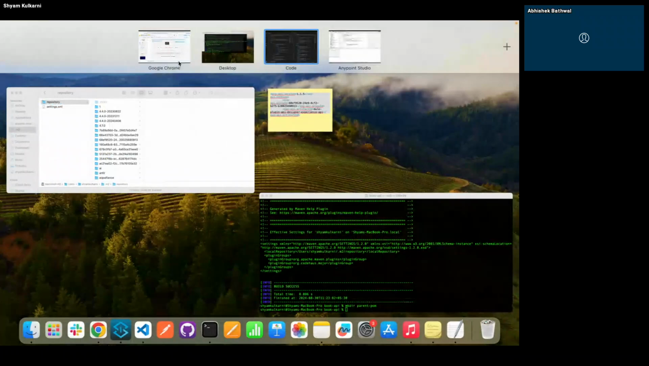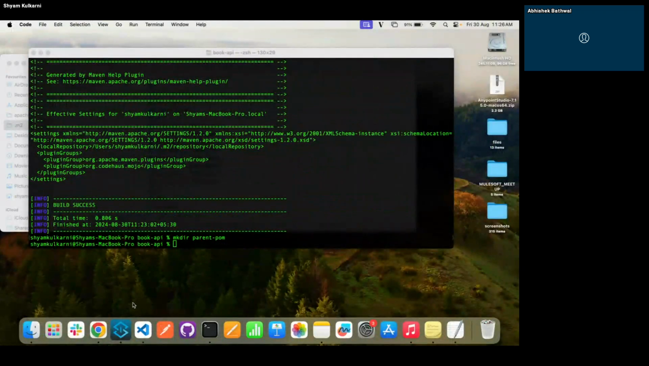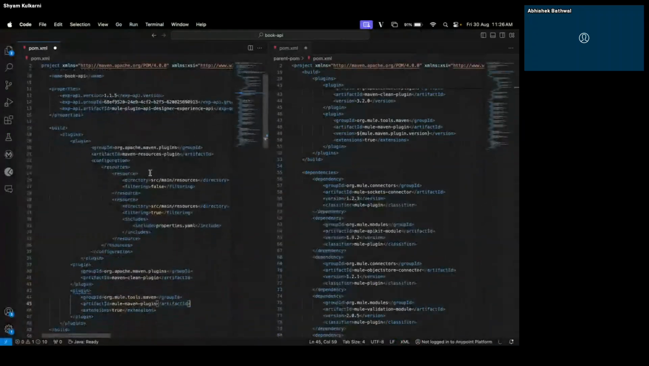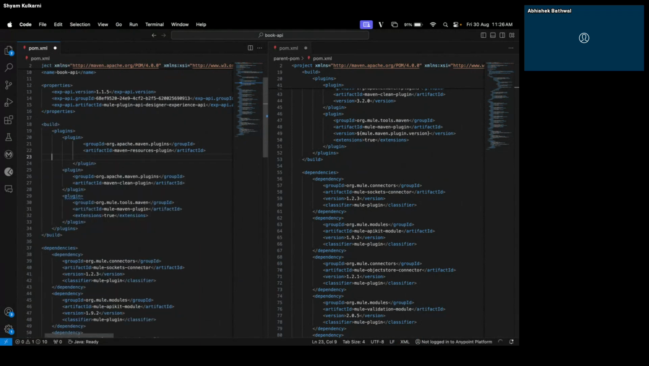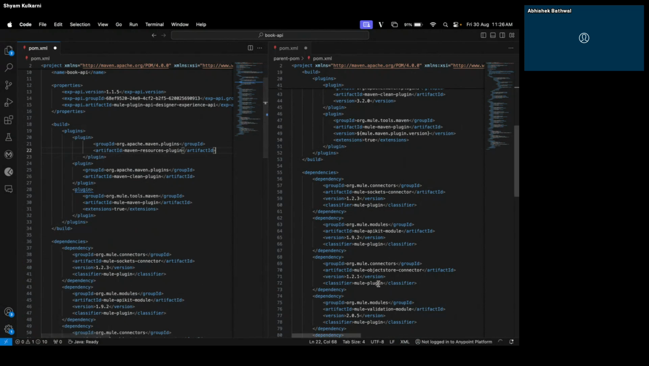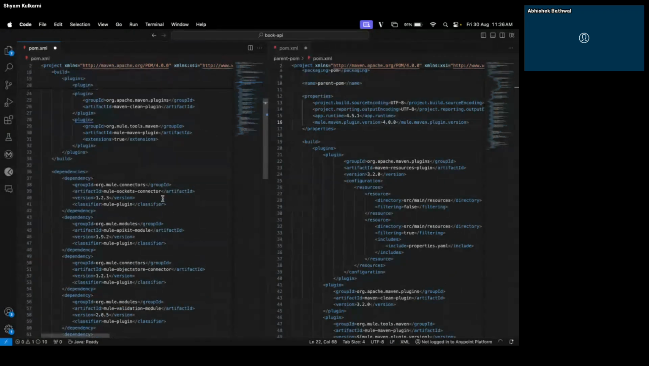And as we saw earlier, the parent-POM will contain plugin configurations only. Okay, so the Maven resource plugin has a configuration, right? So let's remove this configuration from application specific pom.xml and have it over here only in parent-POM. Okay,